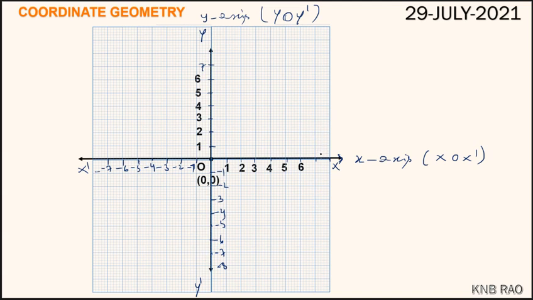Children, if a pair of perpendicular lines XOX dash, YOY dash, which are intersecting perpendicularly at a point, let us say, since they are number lines, at 0, this 0 is normally labeled O, that point of intersection of these two axes, XOX dash, YOY dash, both x-axis and y-axis, which are perpendicular to each other, intersecting at O, that is at 0. They are called coordinate